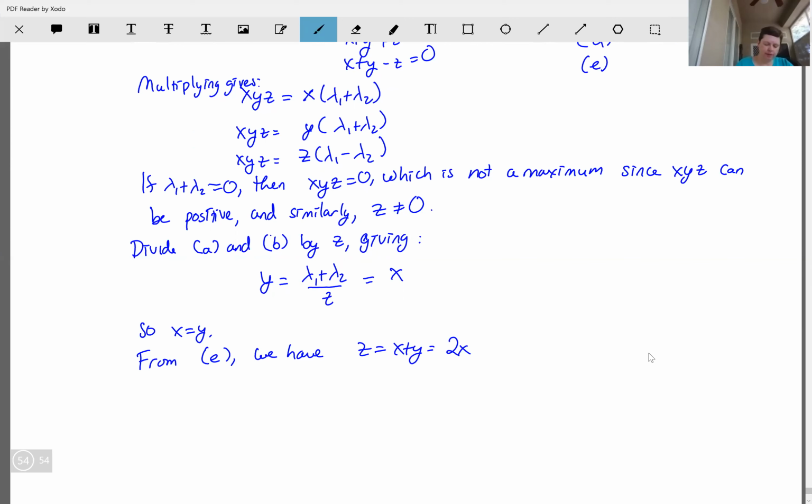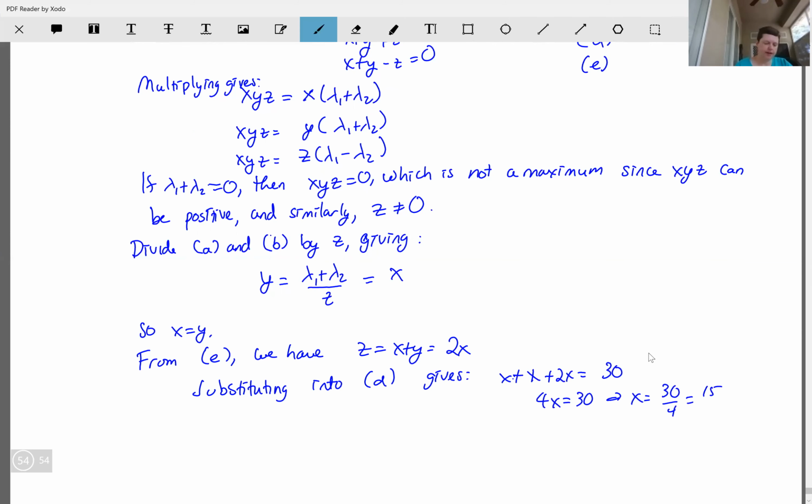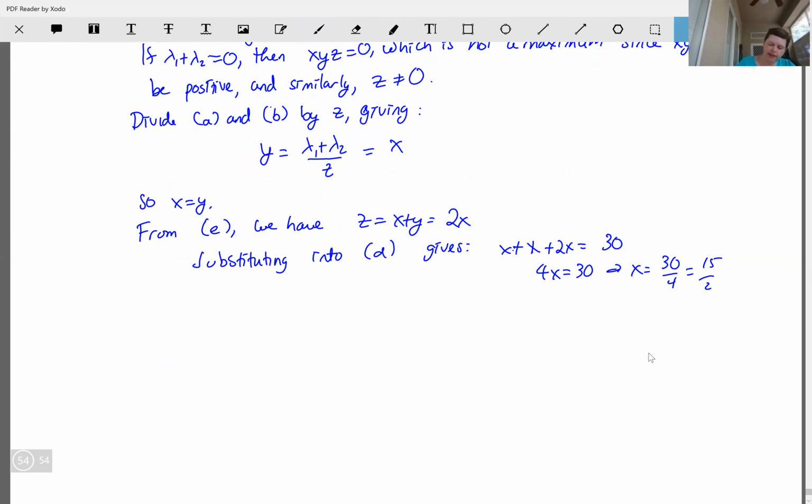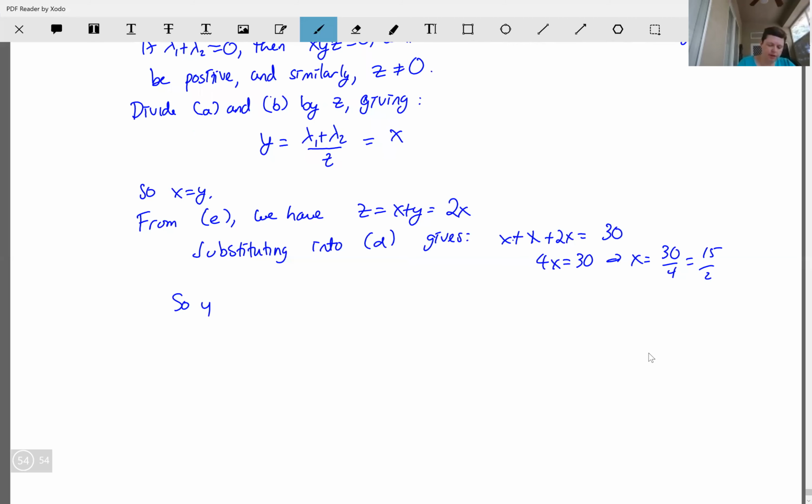And now if we substitute into D, we're going to get x plus 2x equals 30. So 4x equals 30, so x is 30 over 4, or 15 halves. Finally, since x is equal to y, y is also 15 halves, and z is equal to 2x, so z is equal to 15,